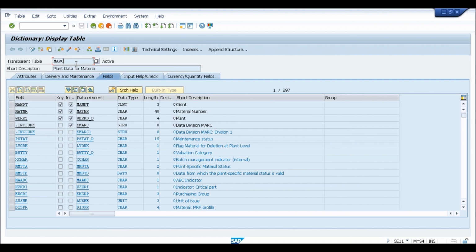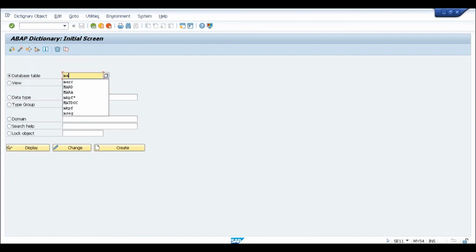I got your point. So there are some aggregate fields here. Have they been removed, or do they still exist but will not be populated? Yes, these fields are still available. For example, if I show you MARD, you will be able to see these fields, even the unrestricted stock, in SAP S/4HANA also.